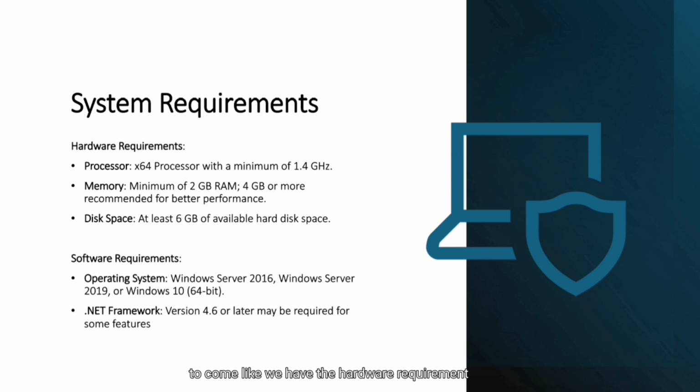We have the hardware requirement and we have the software requirement. Coming to the hardware requirement, to run this application we need a minimum 1.4 gigahertz processor. Coming to RAM or memory, minimum 2 GB RAM is required and 4 GB or more is recommended for better performance. And coming to the hard disk space, at least 6 GB